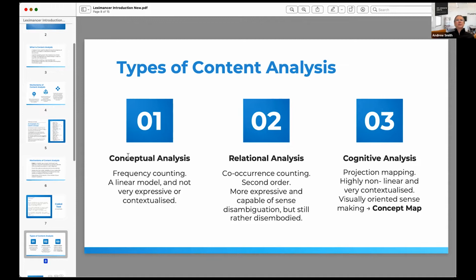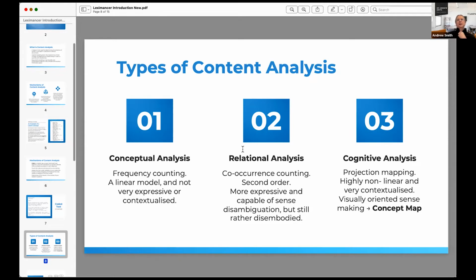Those word tags, those Wordle, it used to be called Wordle, word clouds that you see on certain websites, they are nothing more than word frequency models. In the word cloud, the size, the font of the word just indicates how frequently it appears. But they're not very expressive. All they are really is a ranking by count. They don't tell you the different senses. So if I know that sport is a frequent term, but I don't know what it co-occurs with, that really doesn't tell me what kind of sport we're talking about in those instances.